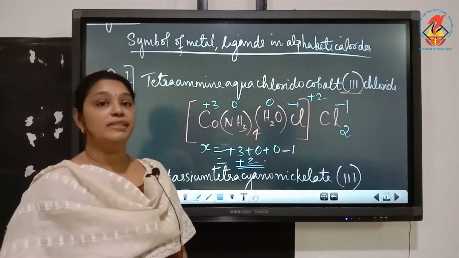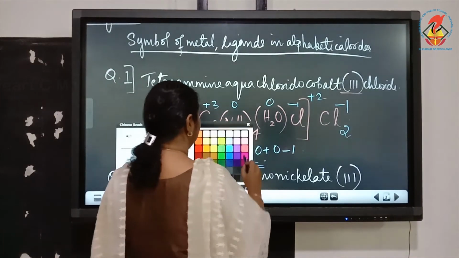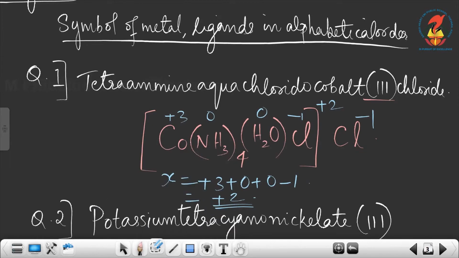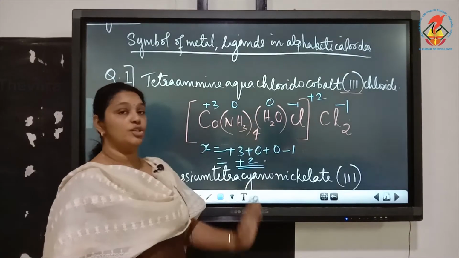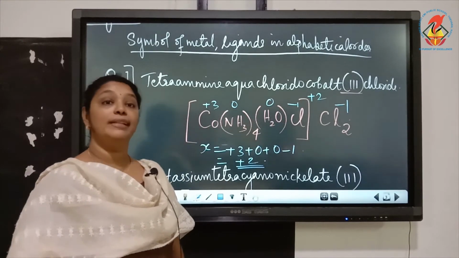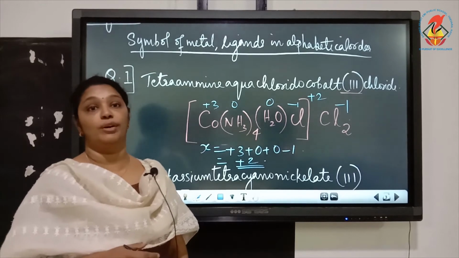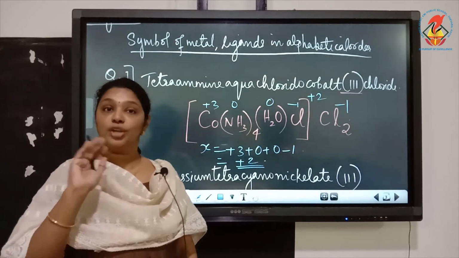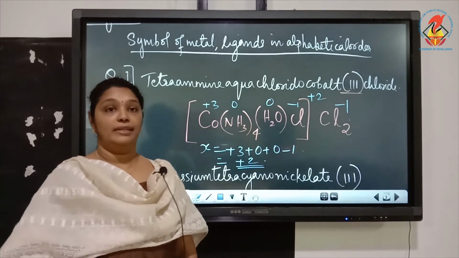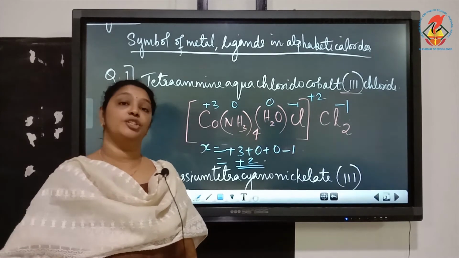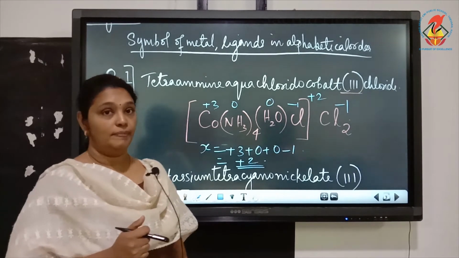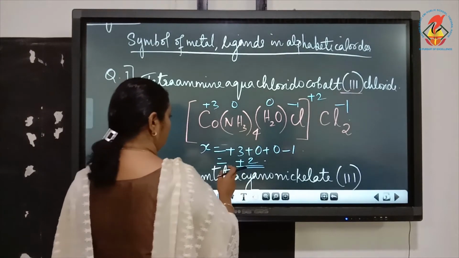Now, the compound is neutral. How many chloride ions are here? 2 chloride ions. So, this is the structure of the coordination compound. So, when you write the structure of a coordination compound, you have to find the charge of the complex ion and you have to neutralize the charge with the counter ion after that. Okay. Now, the second question is